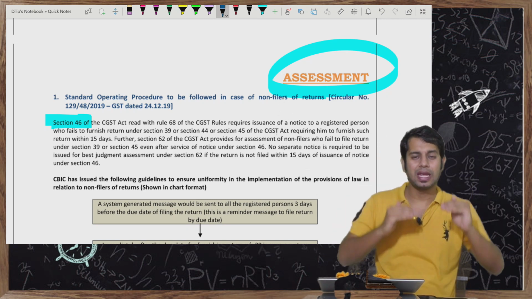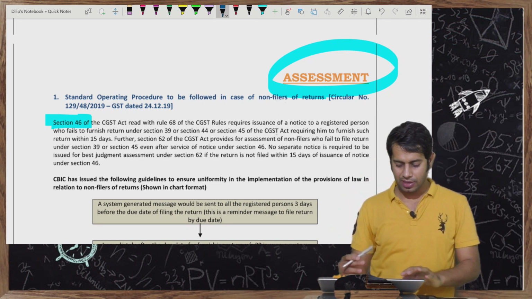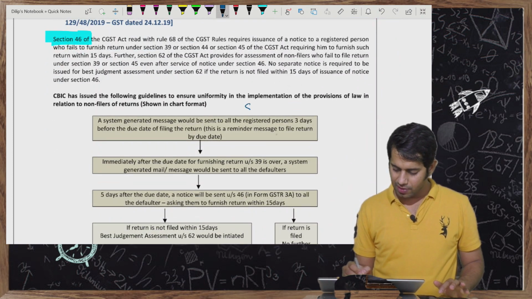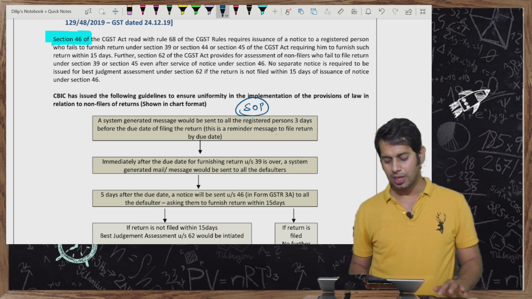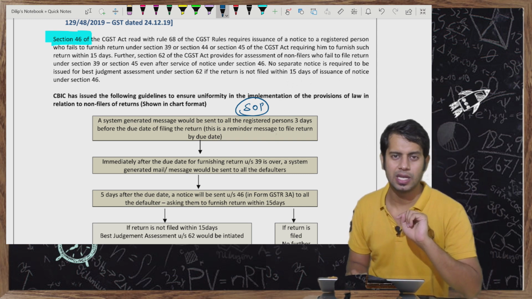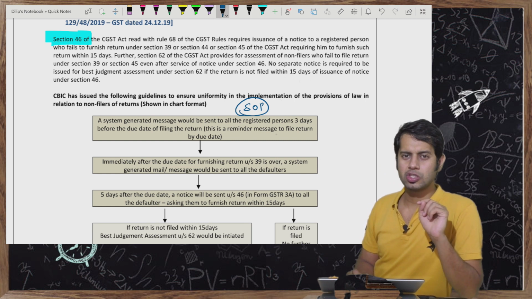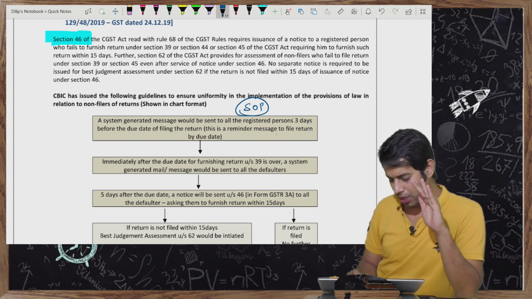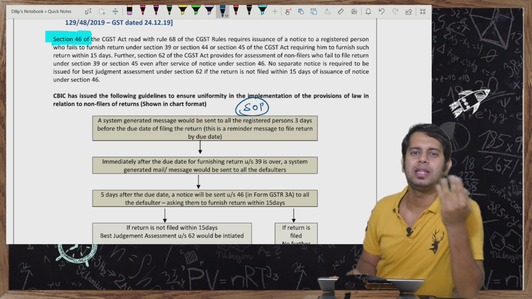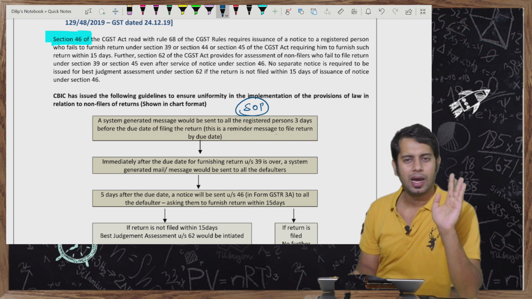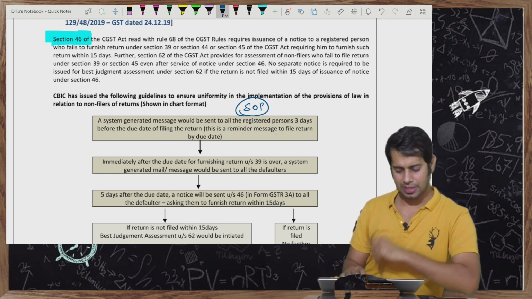Now for this they have given a specific procedure. They have given what, sir? A standard operating procedure. You don't straight away send. Officer, if he is not filing the return, you are sending the notice, no? Is it not your job to remind him that he is liable to file the returns? So they have given a procedure for sending this type of notice. How will this notice be sent, and what will happen if you don't file the return within the prescribed time?